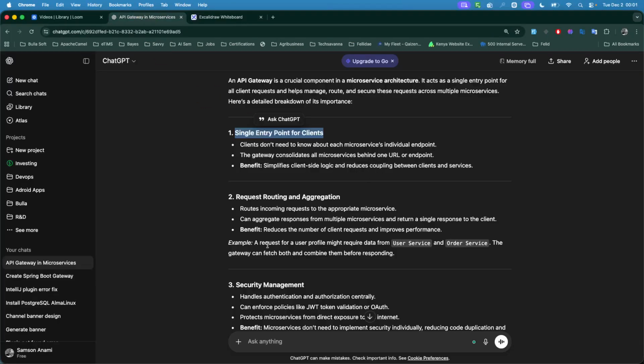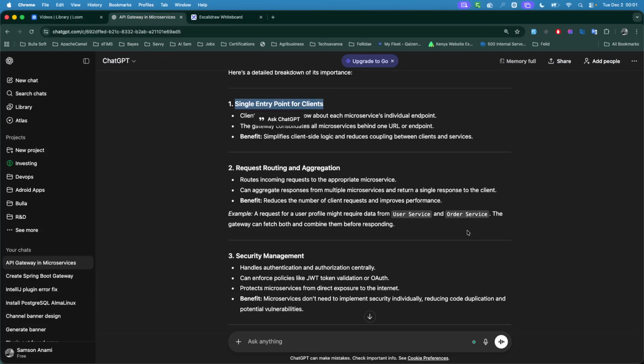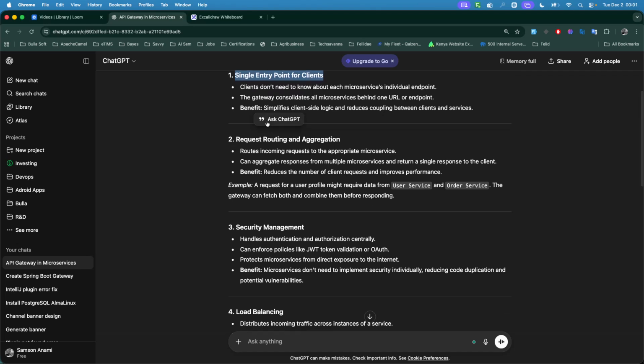So after they communicate with the microservices, they'll be sending their responses back here. So this is how it will be. They'll also reply the same way, using the same route back to our